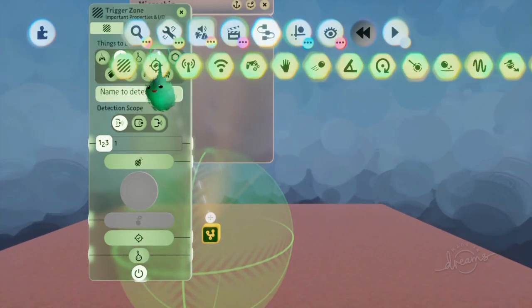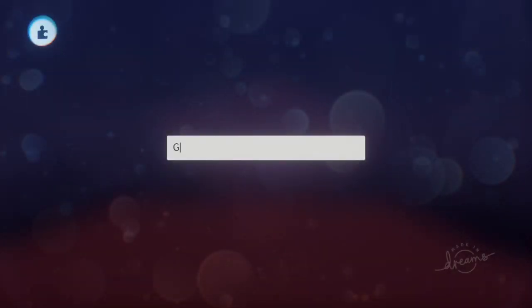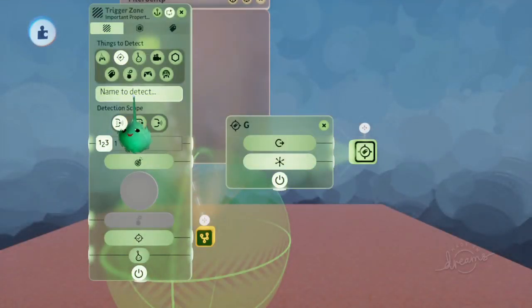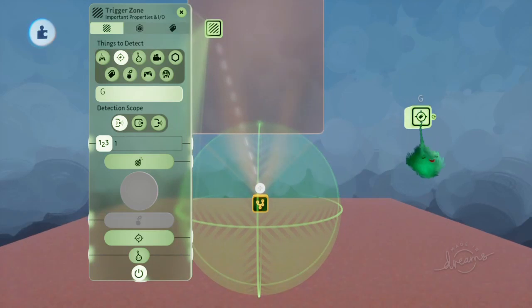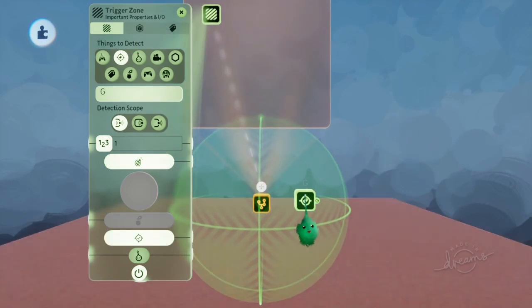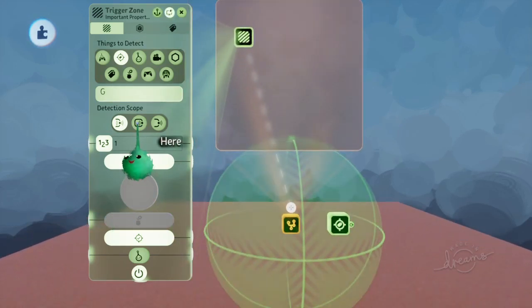So let's make a tag, and I'll give it a name, G. And I'll use that name in here. I'll use up and down on the D-pad, and that cycles through the names in the scene. Cool, so now when this is in the zone, it finds it, and that lights up, and it sends a signal from detected. But you can say it has this detection scope, and one option is everywhere and here and